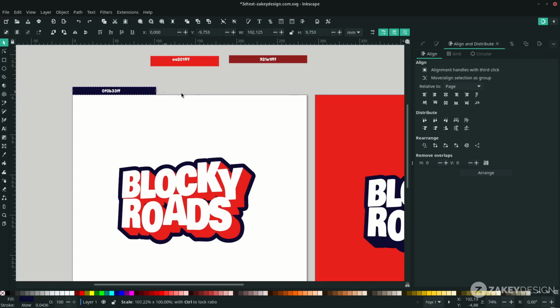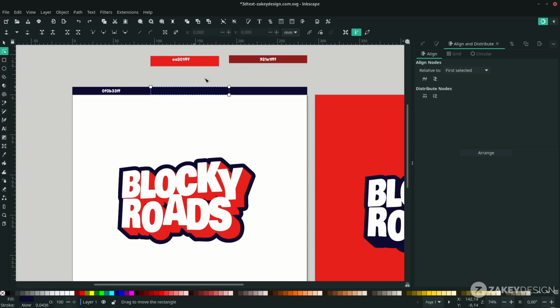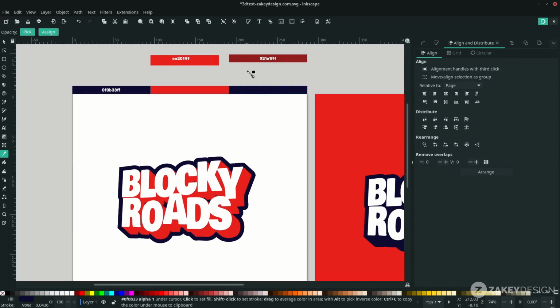For example, you have 3 colors. Click this rectangle and on the width, you can do math in here. For 3 colors, divide by 3 and just duplicate to the end of this page. Okay, press Ctrl D and place it here, and press Ctrl D again, place it here. Determine the color, so this is the second and this is the third.